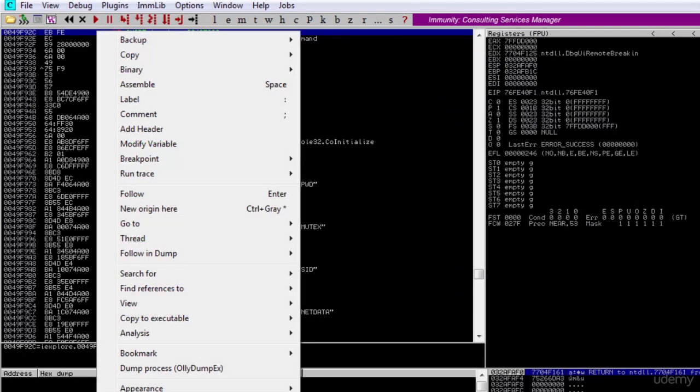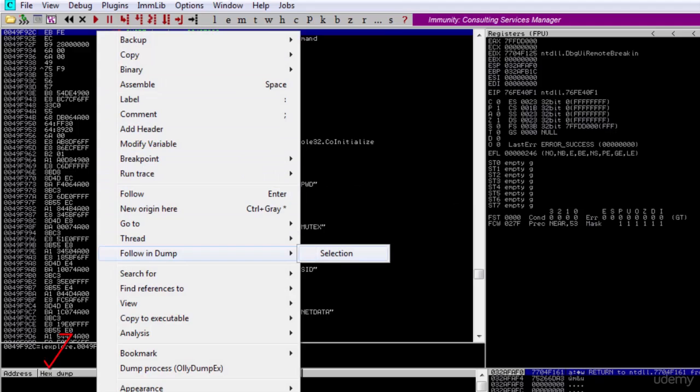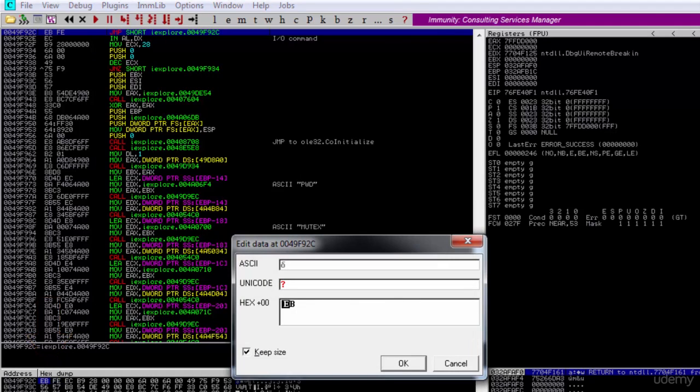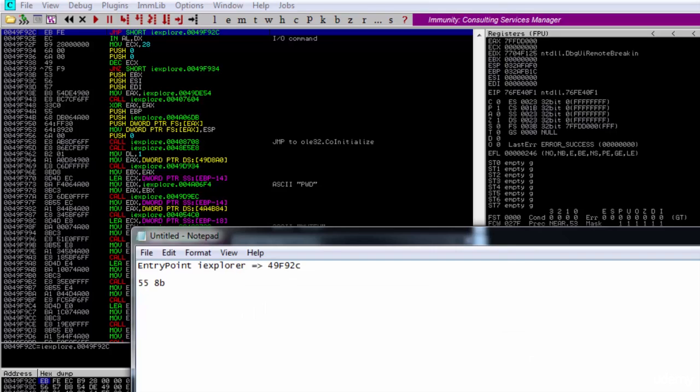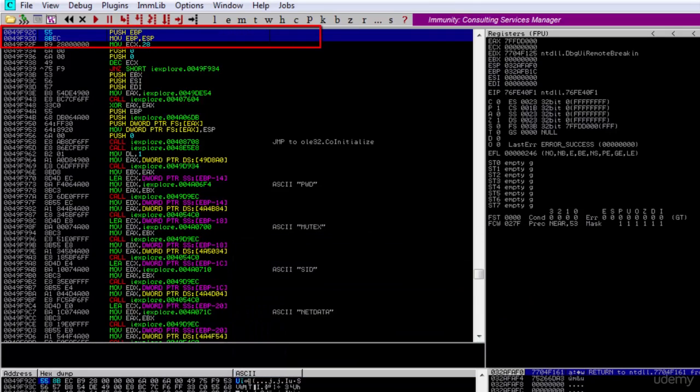We right click, and re-establish the original bytes. Here we click on keep size to uncheck this mark so that it allows us to write multiple bytes. So in this case it's going to be 55 8B, if you remember, 55 8B. We click OK, and the final step is